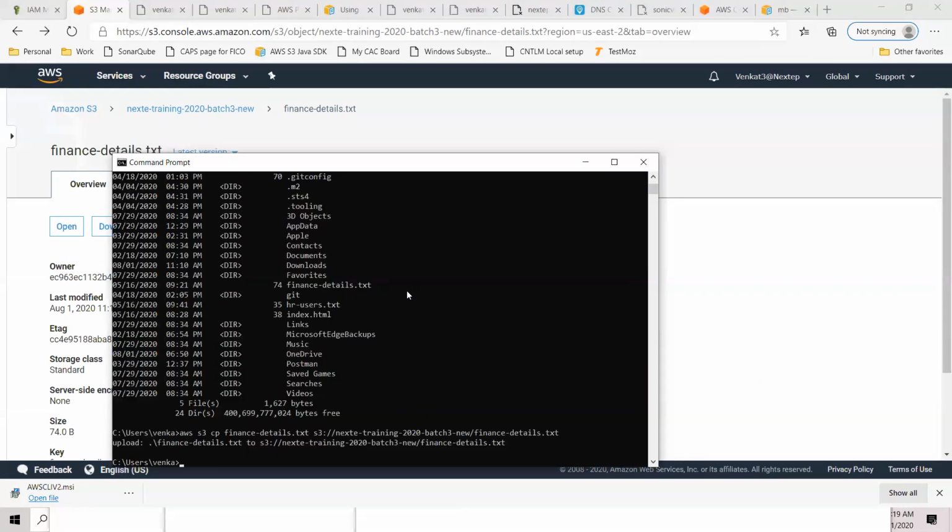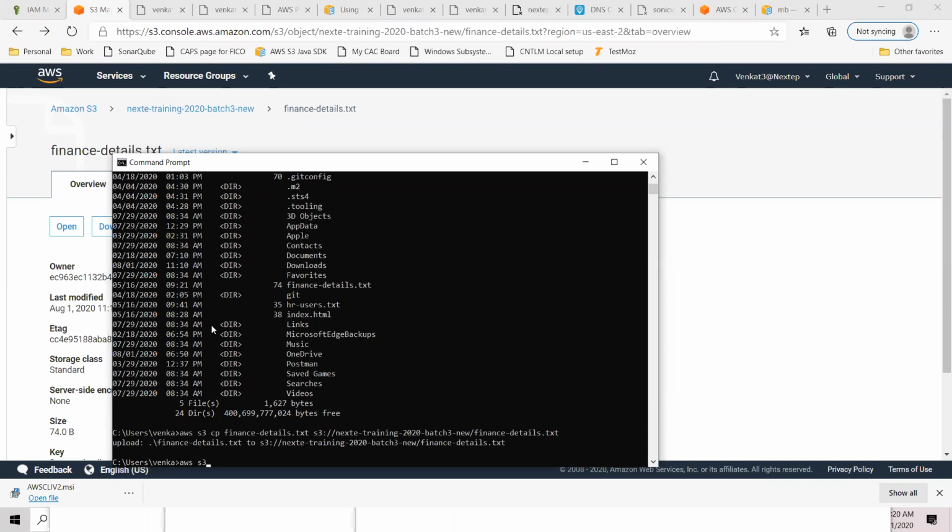CLI is not just for S3, but this is how you can interact. You can create a bucket, you can delete a bucket. I believe you can move files with the mv command, your typical Unix commands here, okay? And you can remove a bucket. I believe you can do that.